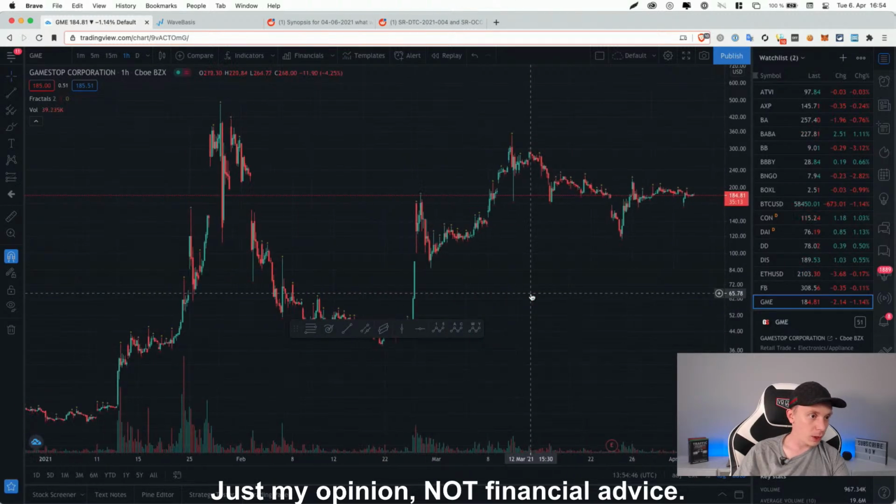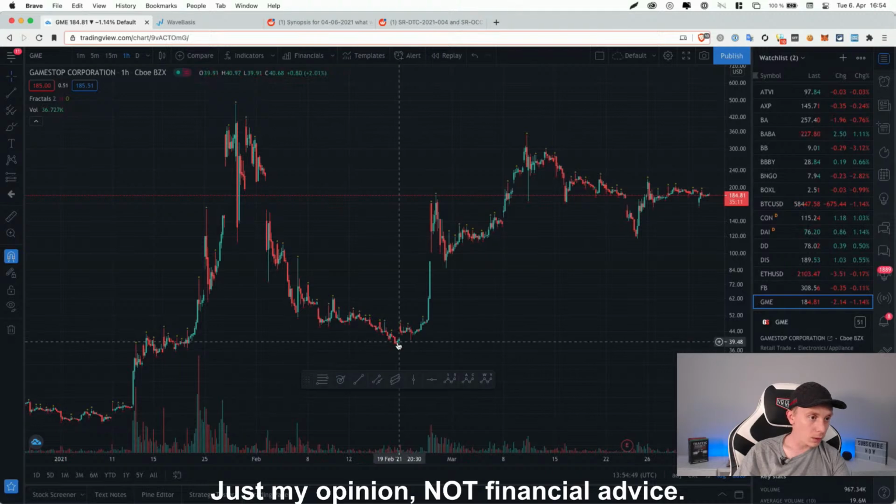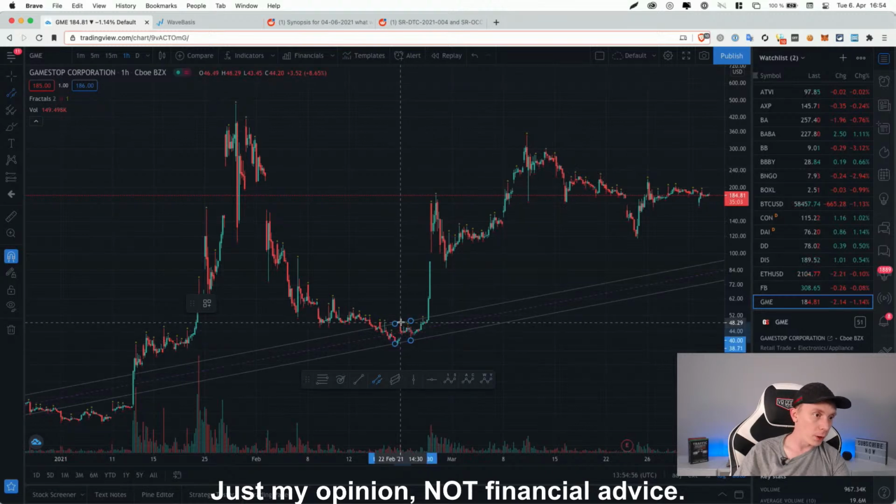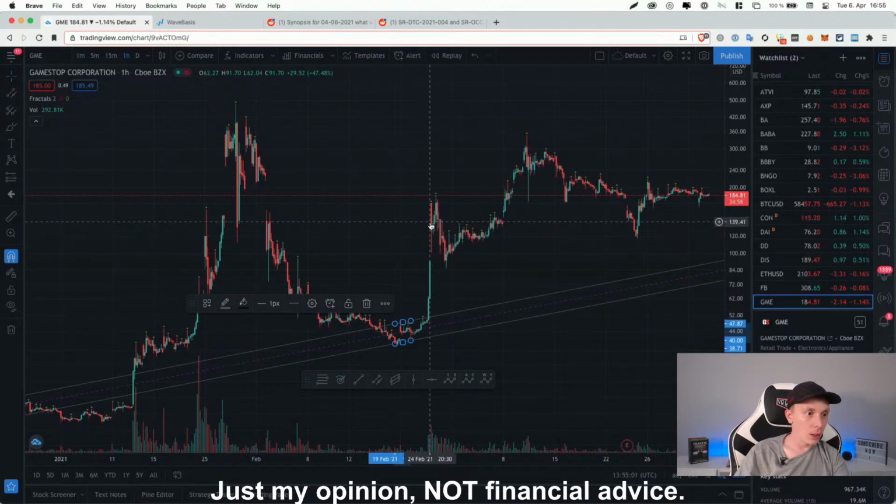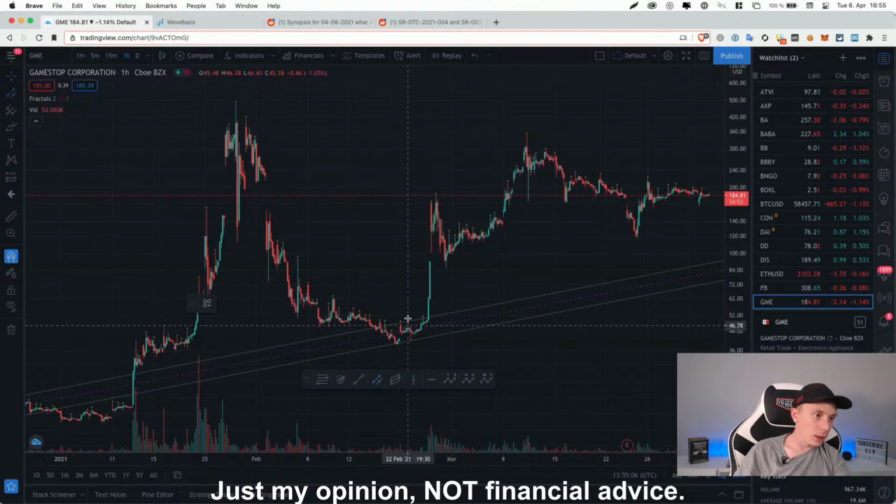So if we zoom in here on the hourly chart, and we would say this here is our wave 1, 2, then we would basically connect point 0 with wave point 2 parallel through 1. And the moment we have a breakout here, it would indicate that it's our wave number 3. And we would then, with each new candle, connect point 1 with the highest point that we can find, which in that case eventually would be this candle here, with a parallel through point 2